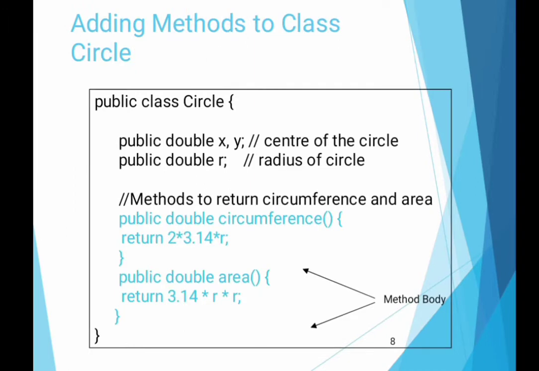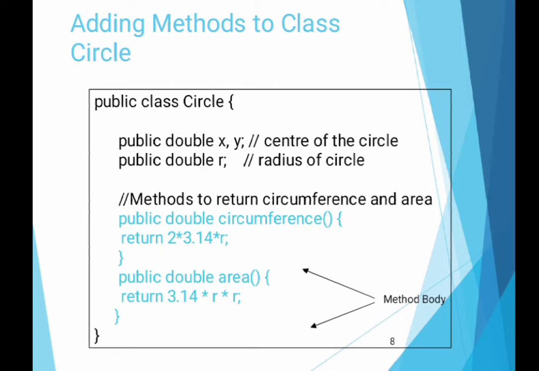Now we see an example of how we can add methods. As we know, public class Circle, bracket opened. We have already declared three variables of type double: x, y, and r. Now we will declare and define the circumference method. Public double circumference, round brackets, bracket opened, return 2 * 3.14 * r.